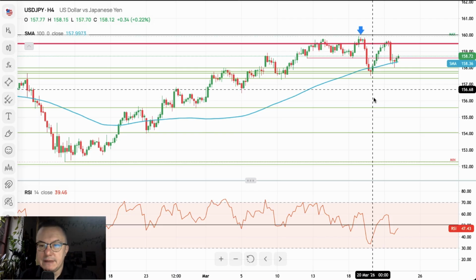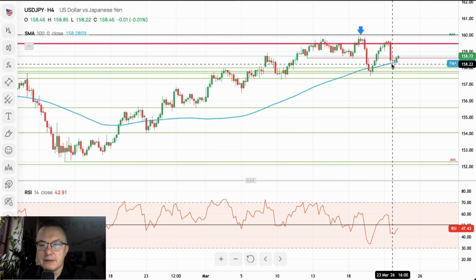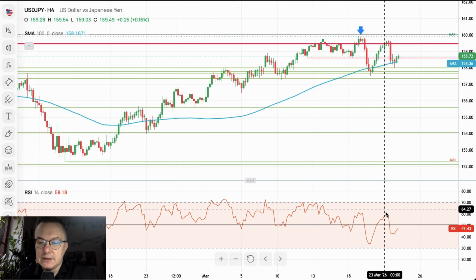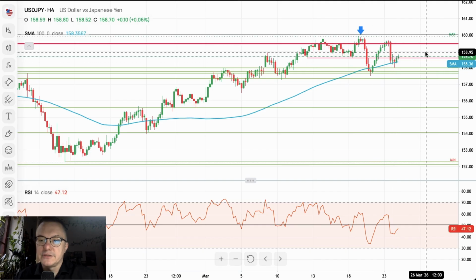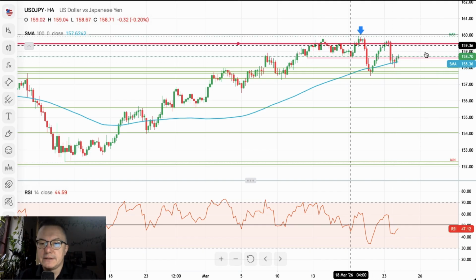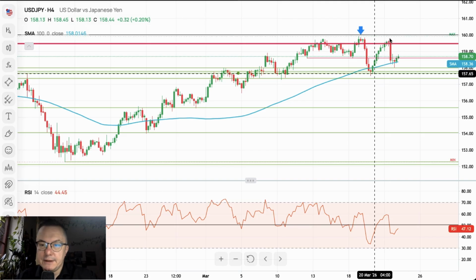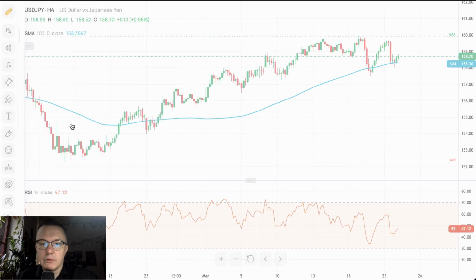US dollar versus the Japanese yen, after a very nice movement to the upside to test the recent swing high at 159.91, got smashed overnight and we broke below the technical support. Now resistance 158.59. Yet again the same situation. The market is moving up and down here around the level of 50. So no, this is not a direction for this market. So the range continues. Next obvious target 160. Local technical support 157.52. Nevertheless, it still doesn't actually look like a strong one.